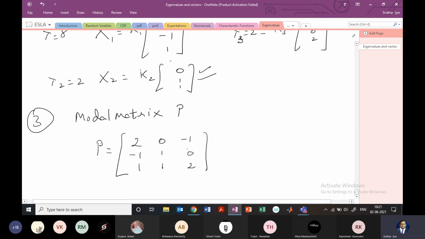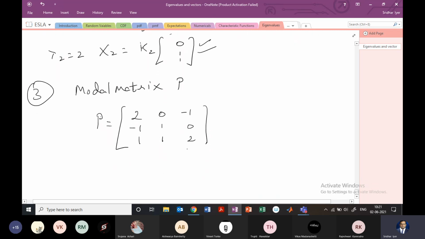So this is the manner in which we write the modal matrix. To write the modal matrix, we need the eigenvectors, and to calculate the eigenvectors, we need the eigenvalues. That is why we had first done eigenvalues and eigenvectors. Now we are doing diagonalization. Our aim is to do the transformation, that is P inverse AP equal to D.